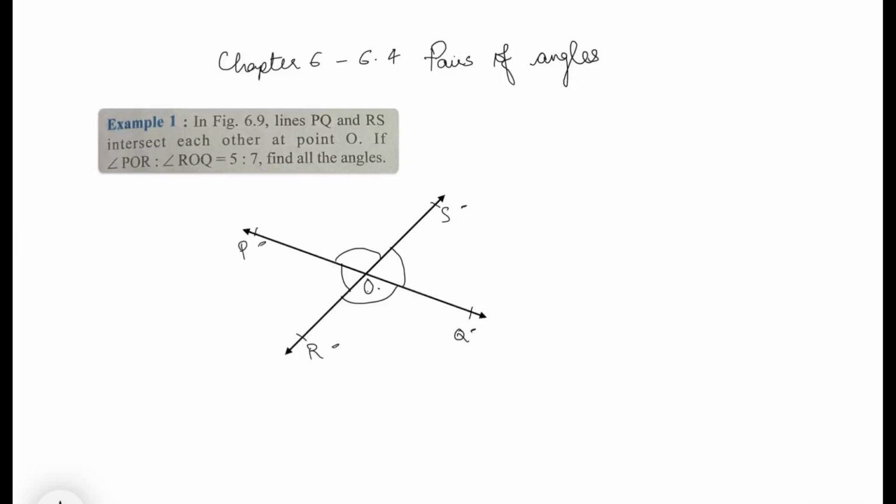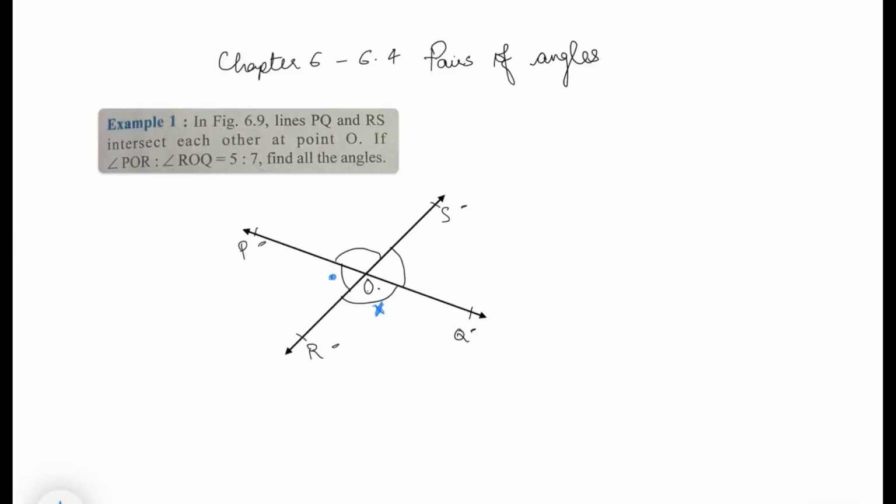If angle POR, which is this one, has a ratio with ROQ, which is this one, of 5:7, find all the angles. So we know that PQ and RS are lines, which means that